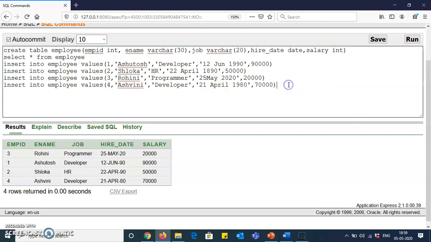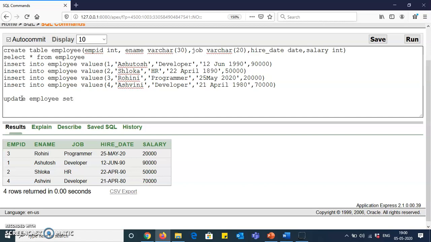Now the next step is to update the data. I have already explained the update query in the previous video. Suppose I want to update the salary of Rohini. I will write a proper query to update the details. Update, I need to specify the table name.